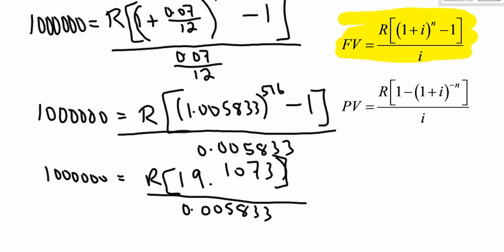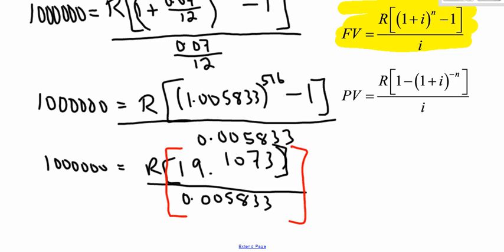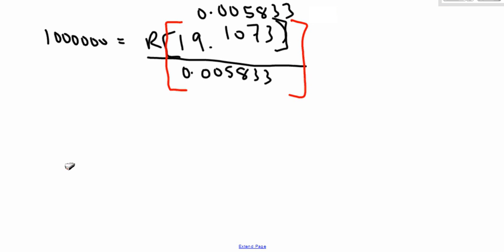So now I'm going to do these things here. R is multiplied by 19.1073 and divided by 0.005833. So I'll do those two little pieces of math: 19.1073 divided by 0.005833 gives me